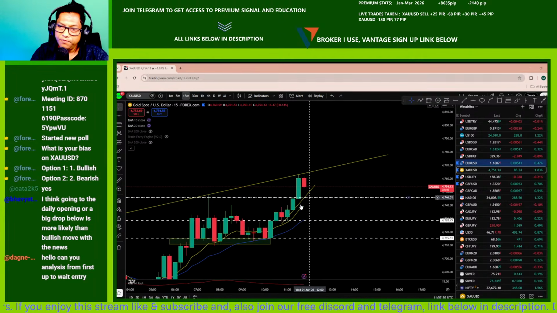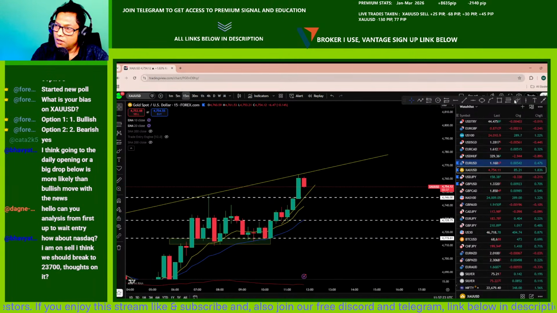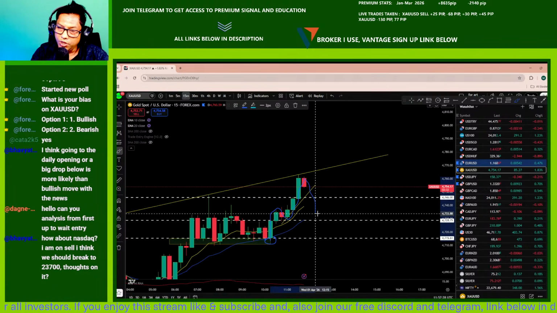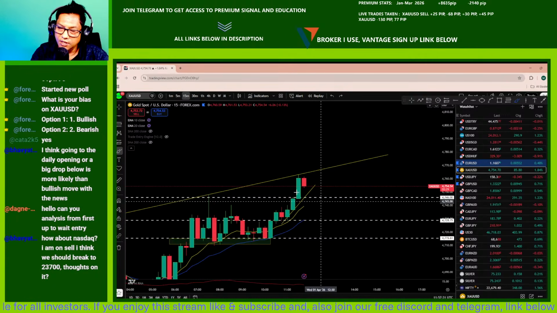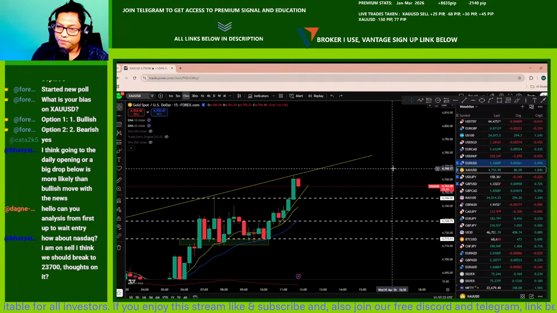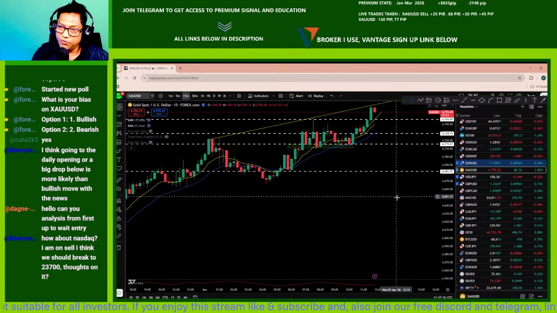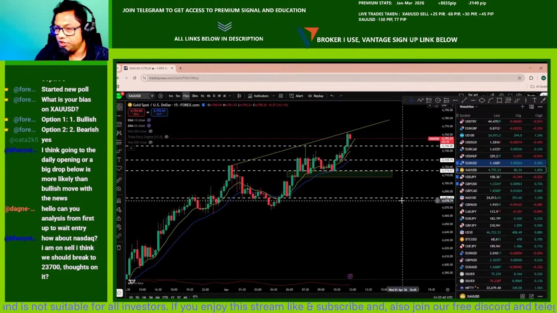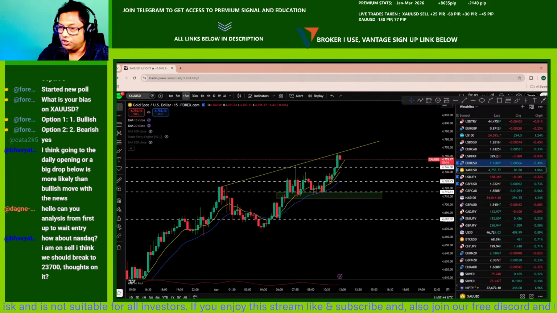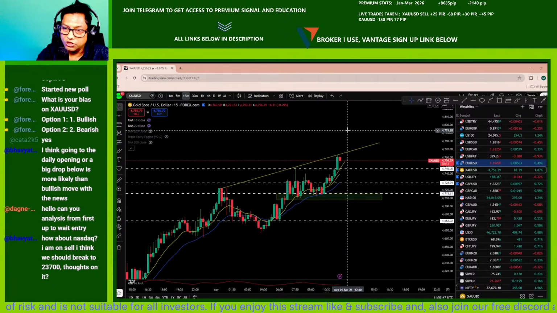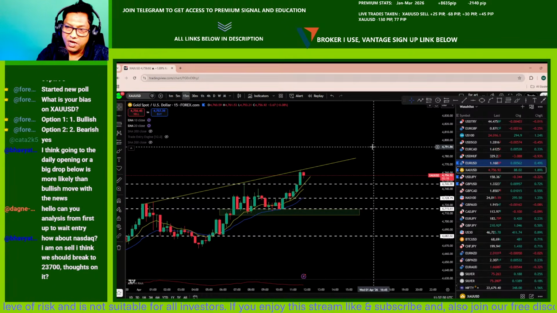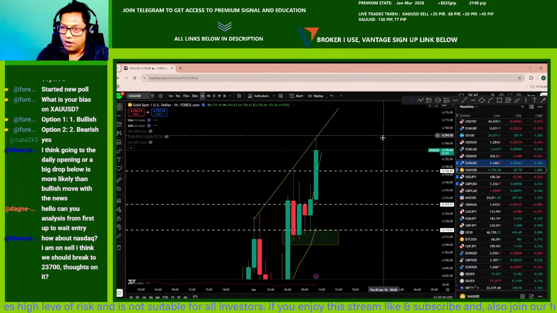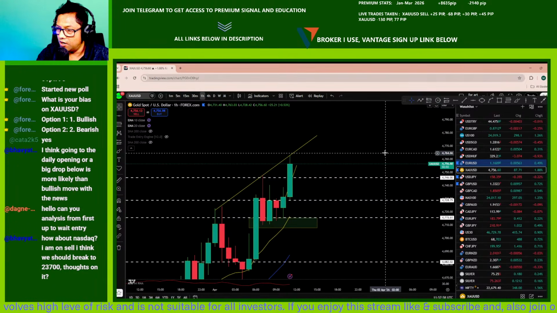Now, if you look at here from this support, we have seen initial move, pullback, another move. We can see that there is a deeper pullback here. Now, overall market trend that you can see in this market is bullish. We had our earlier trade during the London session time. If you looked at that, we have seen this market is trending and creating series of higher high and higher low. Now, if I look at the 1 hour perspective, we are going towards